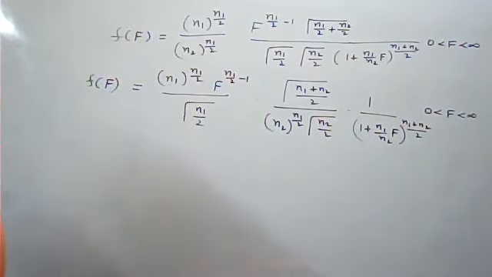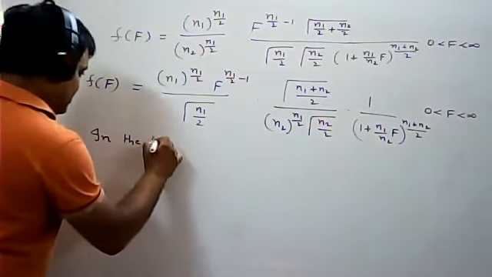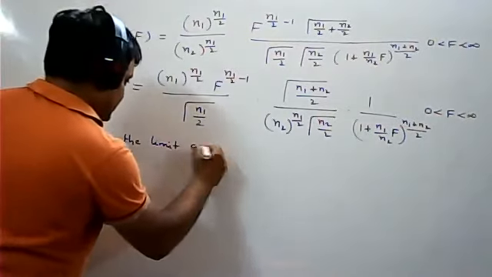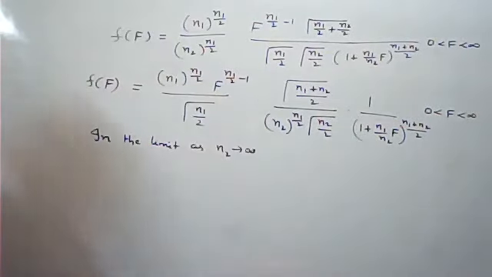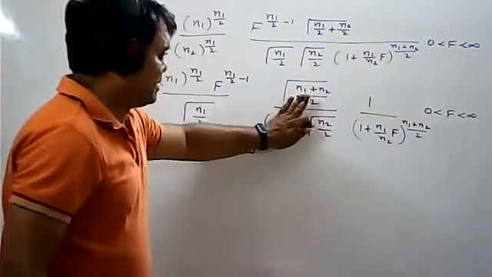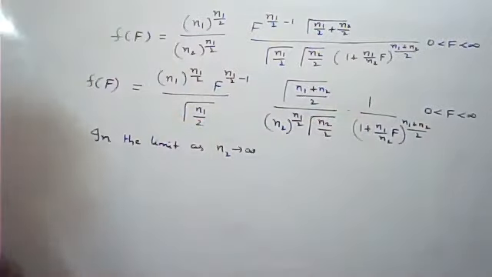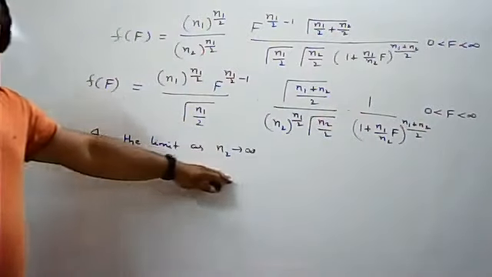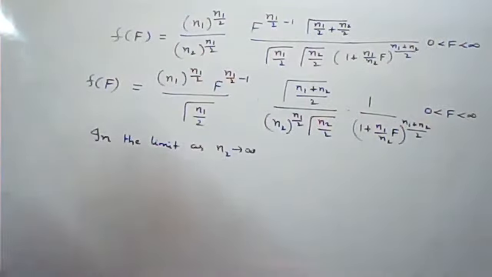In the limit as n2 tends to infinity. Now I want to use the condition n2 tends to infinity. Wherever n2 is there, so this is one term and this is one term. So I have to apply the limit n2 tends to infinity to this term as well as this term. Before that I have some formulas I will apply. So write down, in the limit as n2 tends to infinity, we have